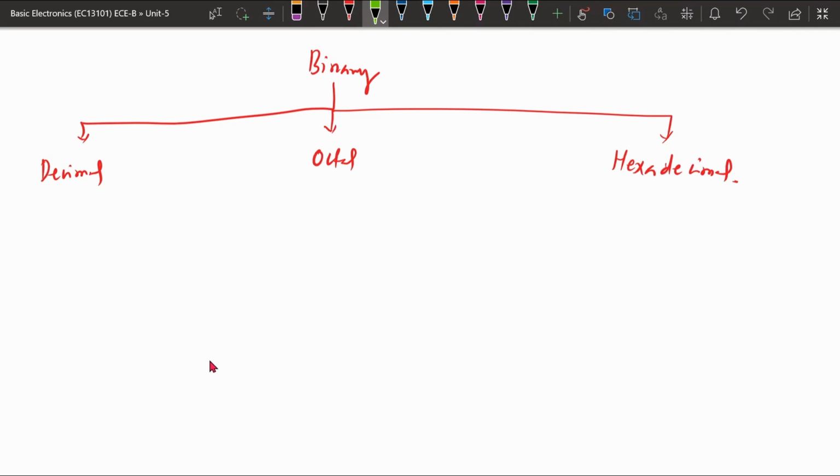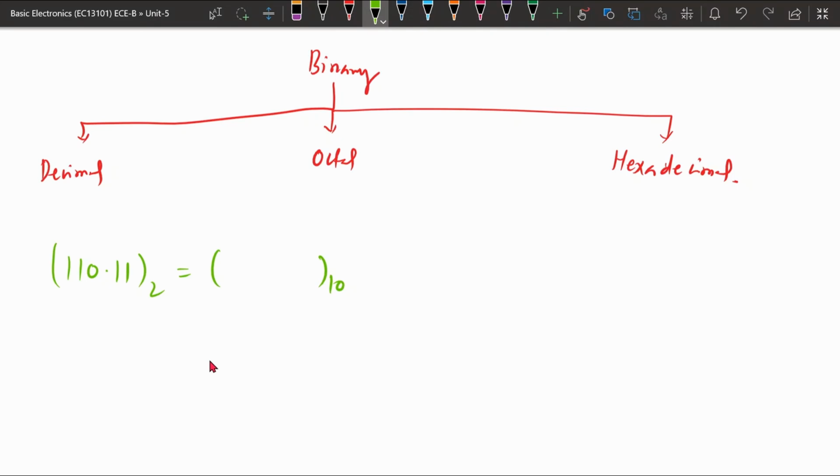Suppose we have a number 110.11. Suppose this is a binary number, we need to convert it into the equivalent decimal. While converting any number system, either octal, hexadecimal, or binary to decimal,